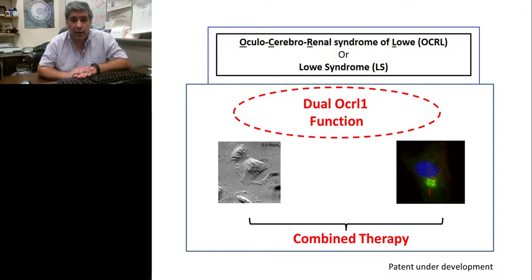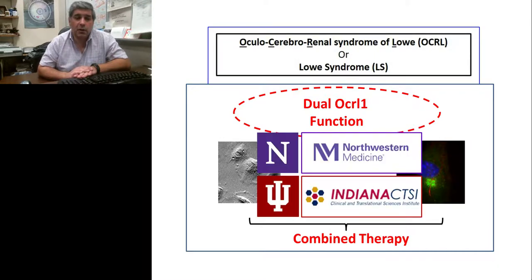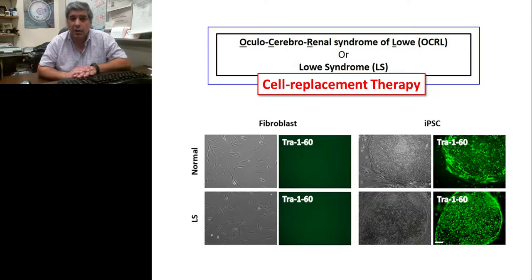So we think in cases in which both phenotypes are present in patients, combined therapy is what needs to be done. And for that, we are collaborating with colleagues at Northwestern and Indiana University to create the first clinical trials in this respect. What we are now currently exploring is also the possibility of doing cell replacement therapy, and